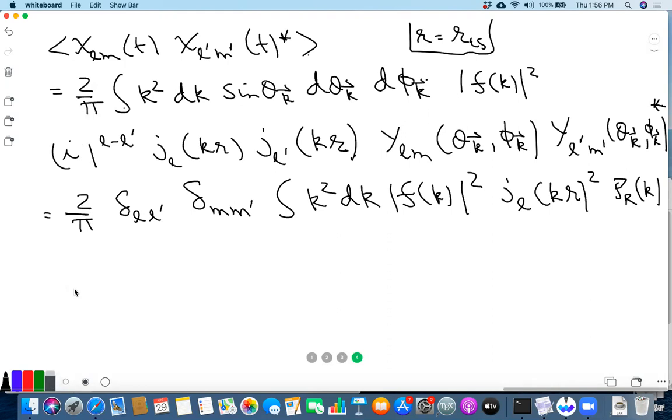There's also a factor of 4 pi because you change the d cubed k integral to k squared dk. Oh yeah, sorry, that went into sine theta_k d theta_k d phi_k. This integral would have given 4 pi, but now it's giving just delta_LL' delta_MM', because the Y_LM definition has a 1 over square root of 4 pi. There's just a P_R of k in the first line also. Yes, P_R of k in the first line. Okay, let me write it here. Is this okay? Are there questions?